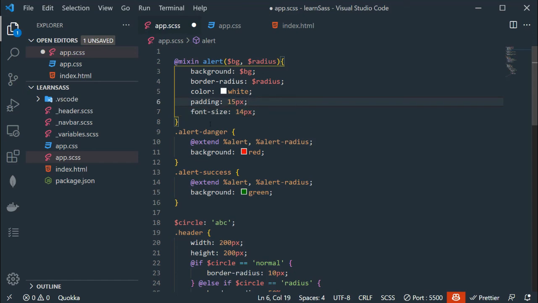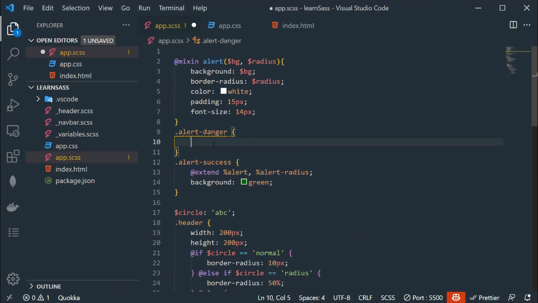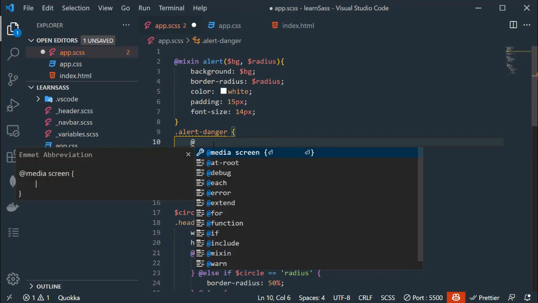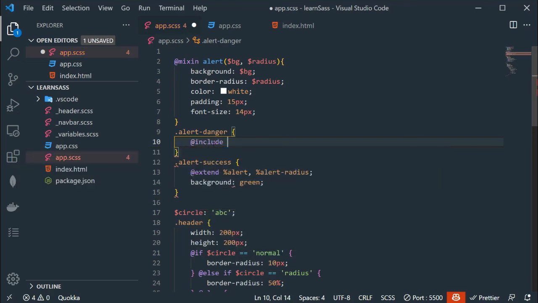Now inside alert dash danger I am going to call the alert mixin. So let me delete these two lines, and first of all we have to add the @include keyword because I want to access a mixin. After the include keyword we have to add the mixin name.